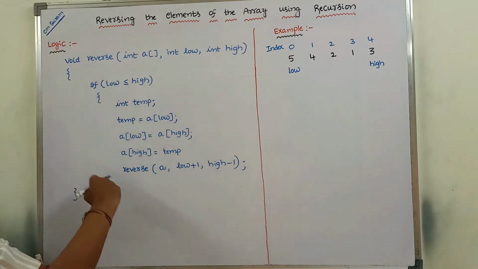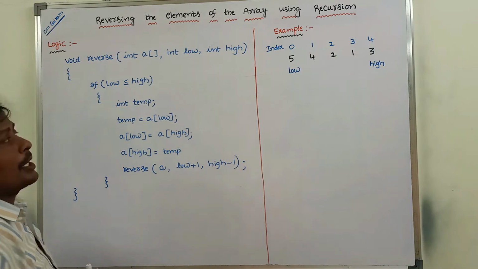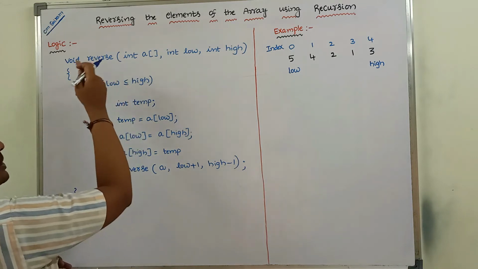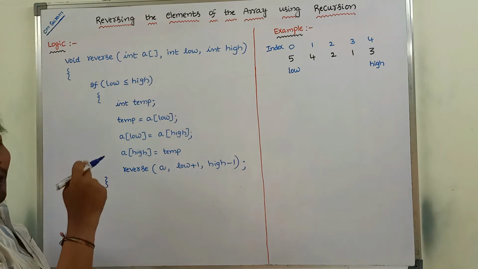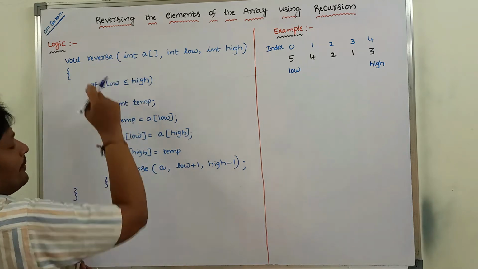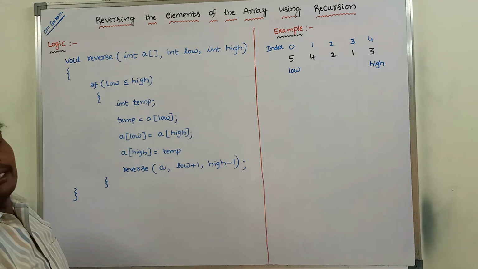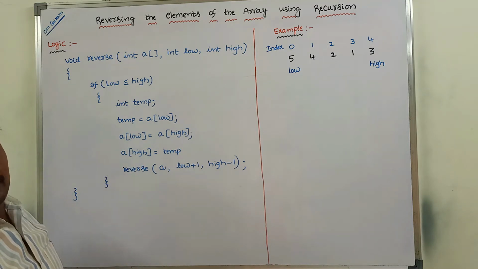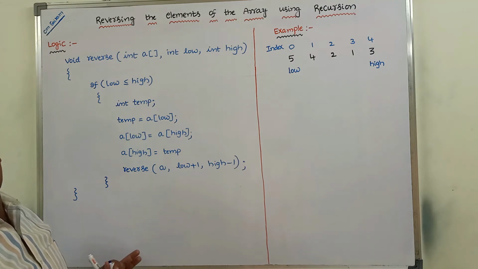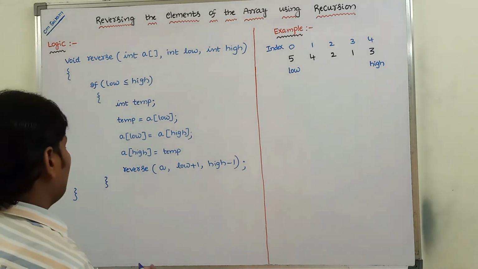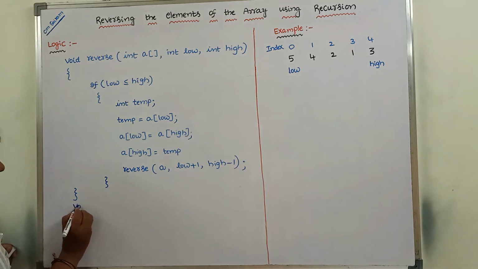Why can it be called a recursive function? Here the function name is reverse. The same function name is called within the body of this function reverse, so it is called a recursive function. The process of calling the same function within the body of the function is called recursion. Here in the main function,